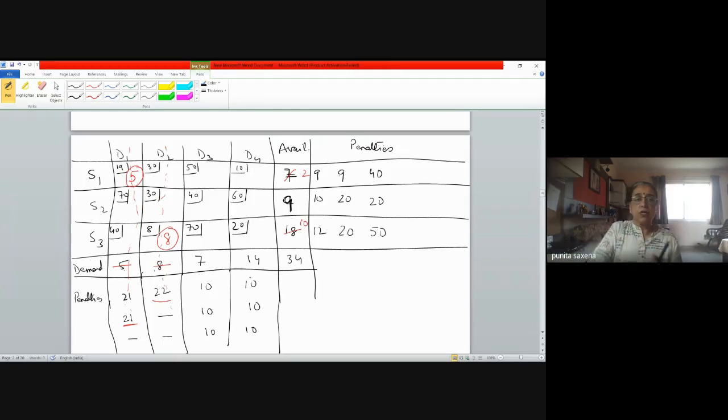Now again, choose the cell that has the maximum penalty, which happens to be 50. So it's a row now, right? In this row, I just have to choose between 70 and 20. Which one has the minimum cost? 20. So we make the allocations as much as possible, which is the choice between 10 and 14, so we allocate 10 units to it.